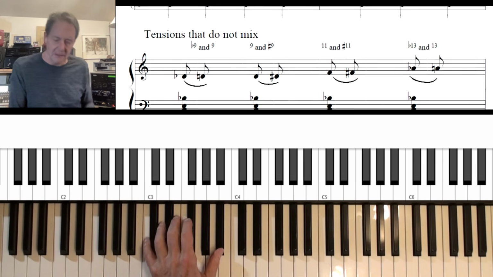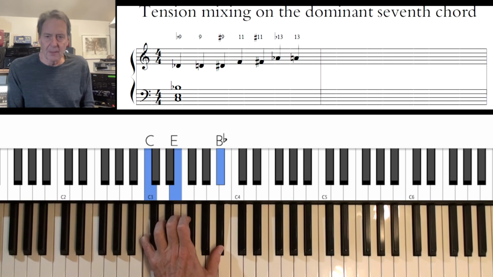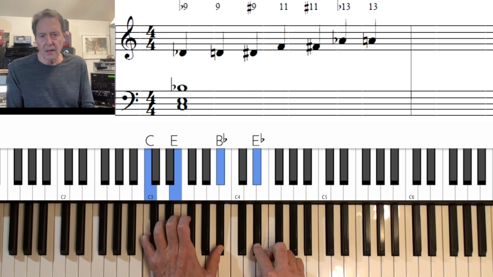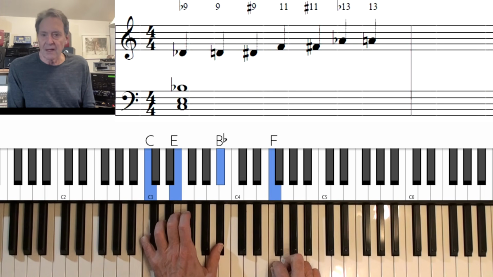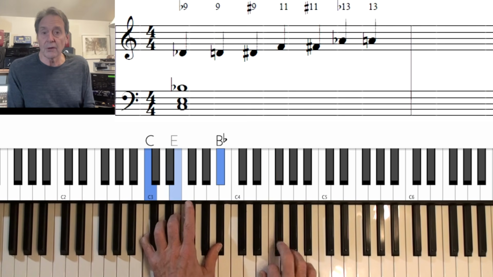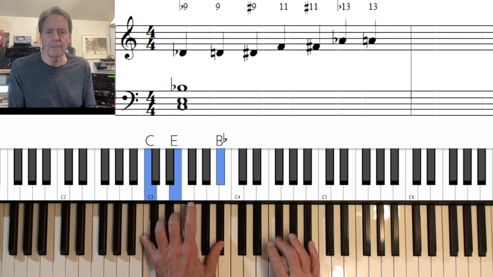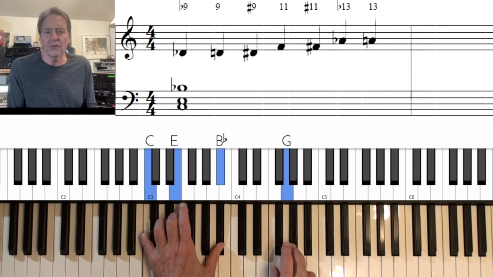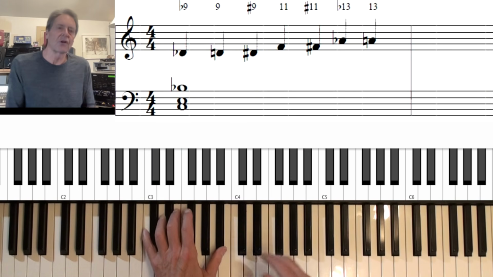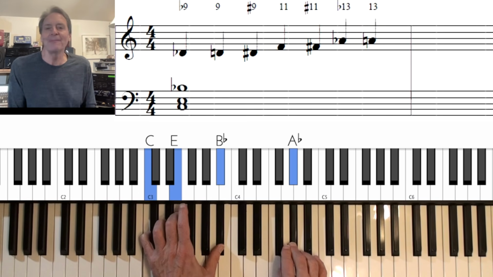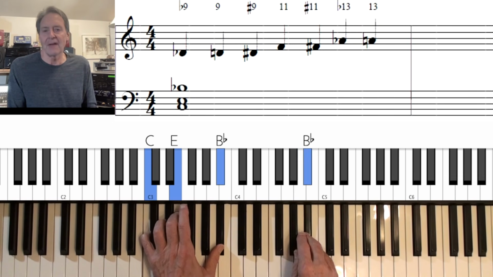But let's proceed. What's available on a dominant seventh chord? Literally everything. The flat 9, the 9, sharp 9, that's just the third. The 11th is there. You usually leave out the third when you do that, to create a suspended chord. We've got a sharp 11. It's called a flat 5 a lot of times, but let's call it a sharp 11 today. We've got the 5, of course. A flat 13, which is called a sharp 5, but we're going to call it a flat 13 most of the time. And then we've got the 13, we've got the 7, and we've got,